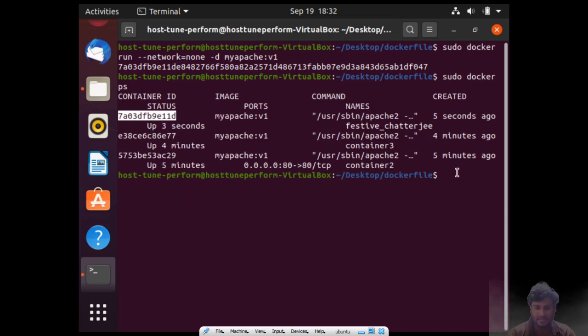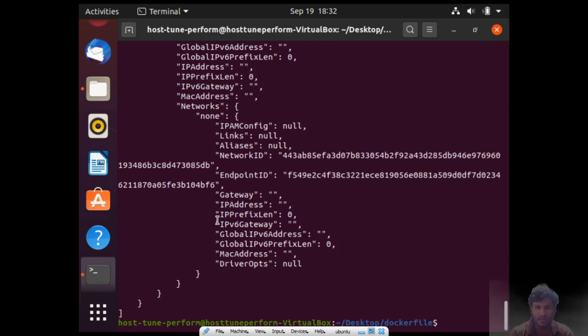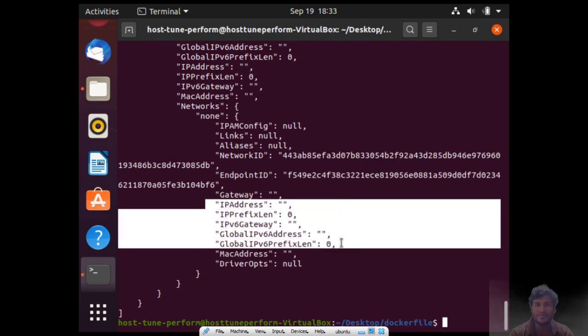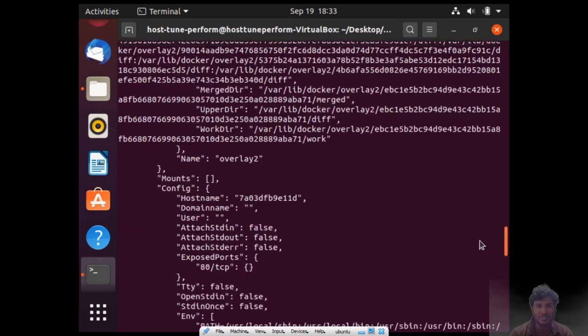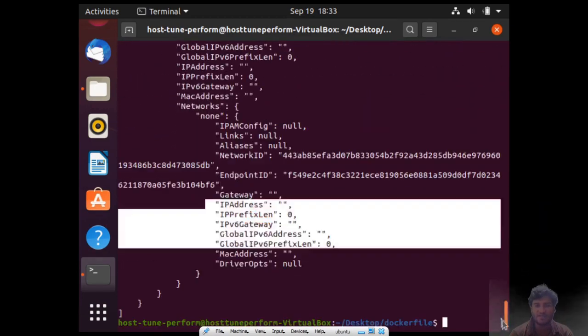Let me copy it and say sudo docker inspect and the container id. So you can see over here that it does not have any IP address. No IP address has been assigned to this particular container. This is because we have selected network to be none.